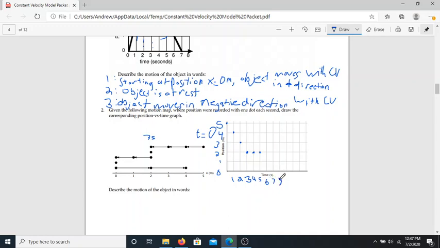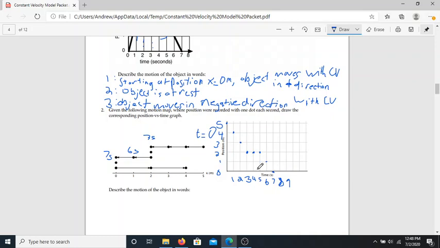Now, of course, after those seconds have gone by, all of a sudden the object starts to move again. All right, and looking at it, it's still moving in the negative direction. So now we're at, let's see, 3, 4, 5 seconds. So at t equals 6 seconds, we'll see it's now at 1 meter. And at t equals 7 seconds, we'll see that our object is now back at what we consider to be the